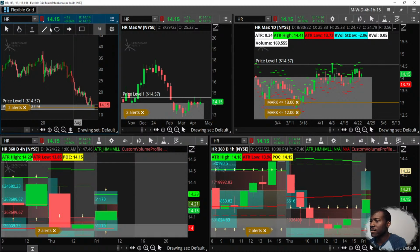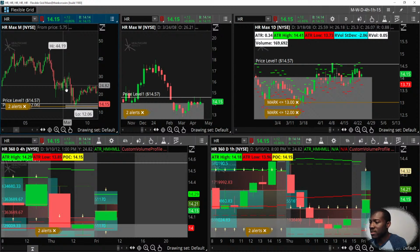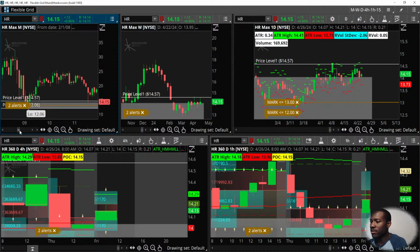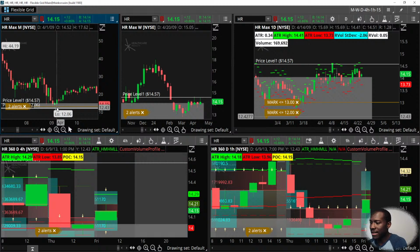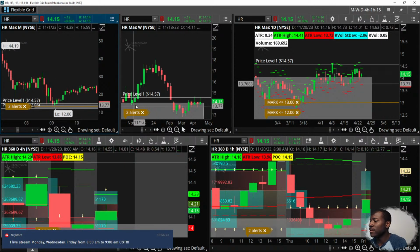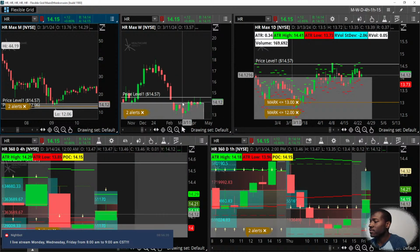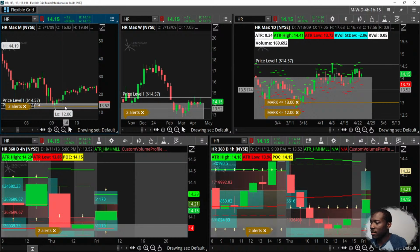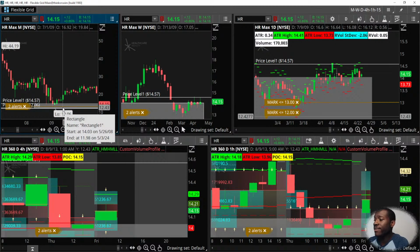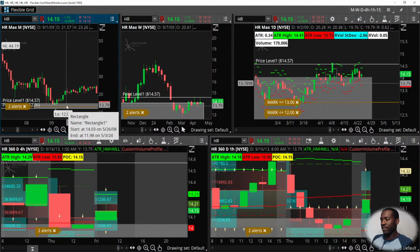Let me see if I can slide over here a little bit. So this was the previous lowest that it has come. Oh my goodness, where'd I go? The lowest that it's come right down here to 12.06. I was looking to grab some around that level. I did trade it the other day when it popped up out of this zone that I was watching, but just waiting. It may crack 12 and go even lower, but with everything in context,